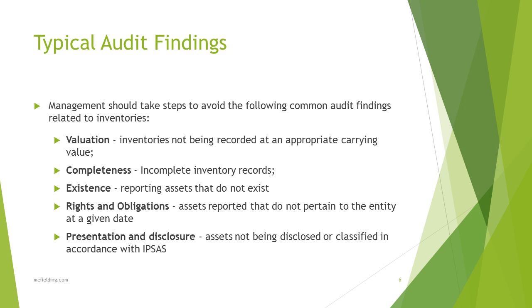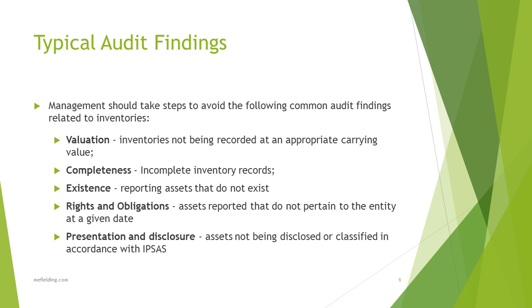Completeness, incomplete inventory records. Again, once your system's up and running, this shouldn't happen, but at that moment of conversion, you do have to make sure that everything is included. And even in private industry, you get people who are just about to sign off on their accounts and they've found some more stock or whatever, as they think the profit's too low. So make sure that you've got all of your inventory in there, and that's particularly important with a correct classification of what is inventory and what's not as well. So you have to get your definitions and your policies up front right and then apply them. And again, if you're in the World Bank or something, God only knows what you've got all over the world.